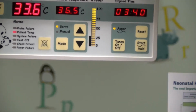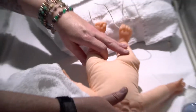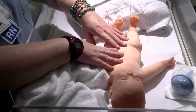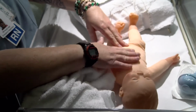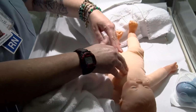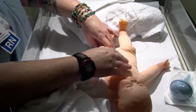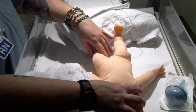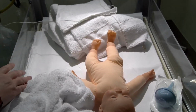So as you're working and drying your baby, you're going to remember your neonatal resuscitation protocol. You're going to be making sure you're stimulating your baby. You're going to make sure the baby is crying. If the baby is gasping or has a heart rate less than 100, you're going to do positive pressure ventilations on the baby, where you're going to hook up the Ambu bag,